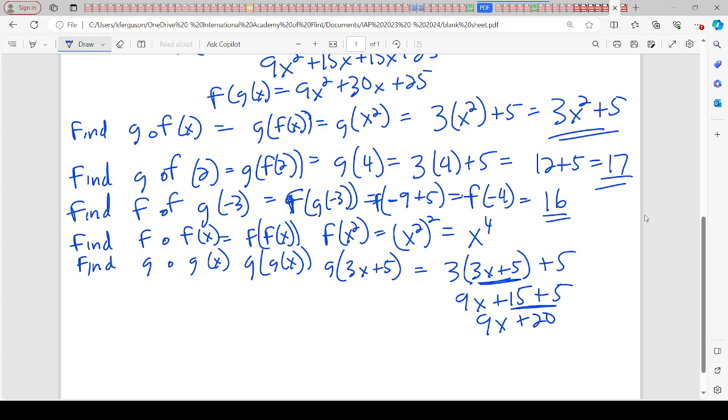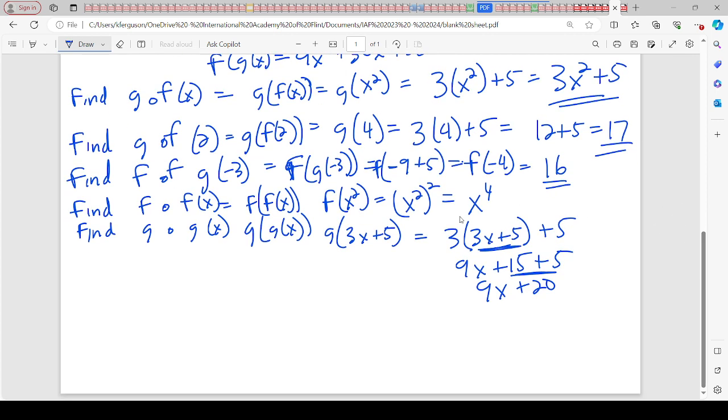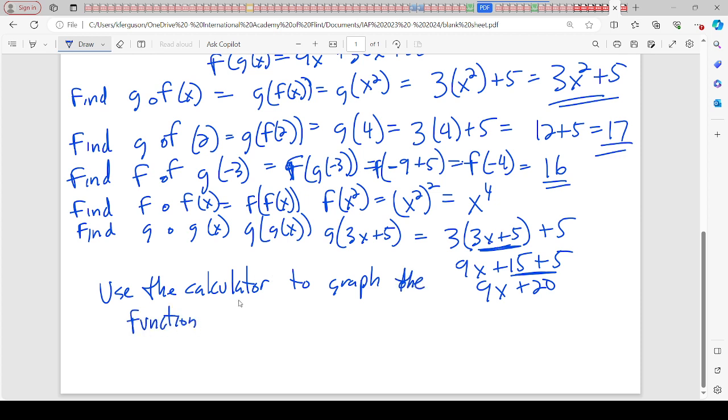The last thing, right, was use the calculator to graph the function, right, 4x minus 6 over 2x plus 5. So I turn on my calculator. TI Inspire CX2, and it's taking its sweet time to come up. Okay, so I go to that,